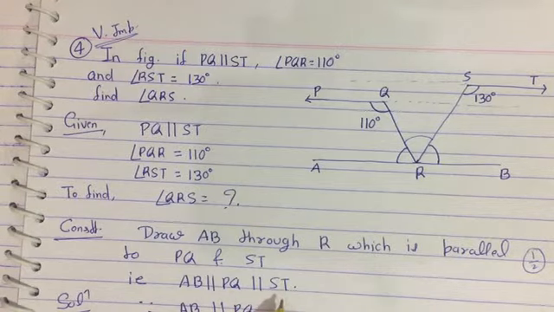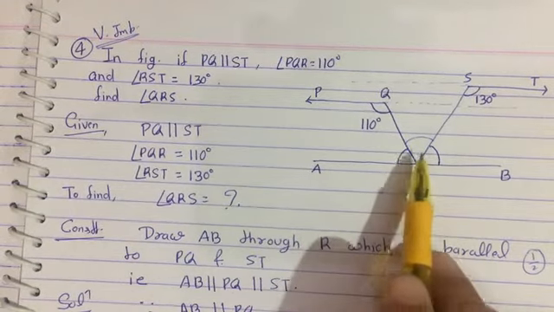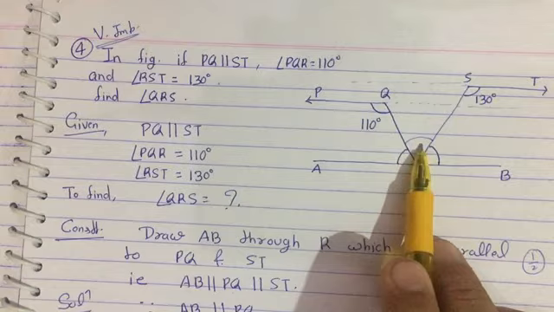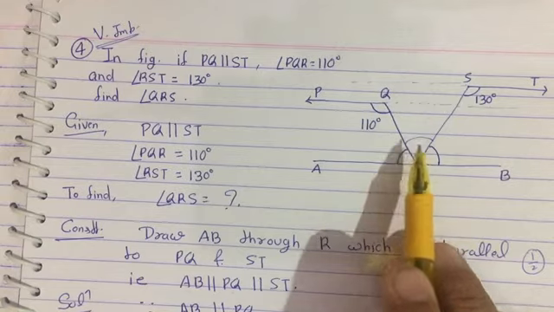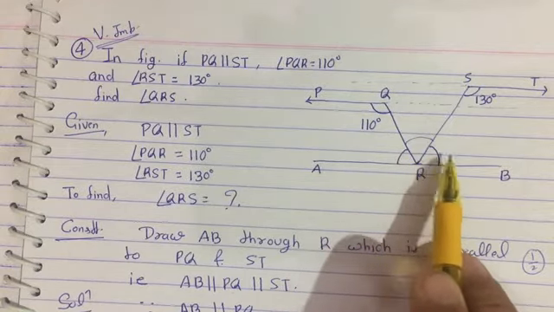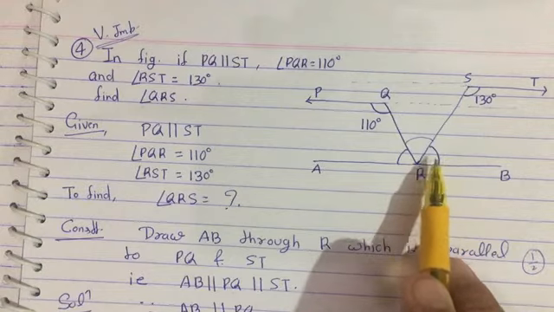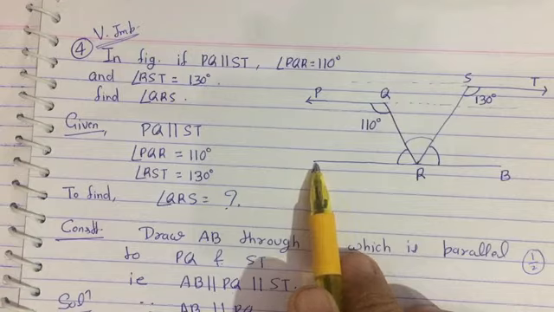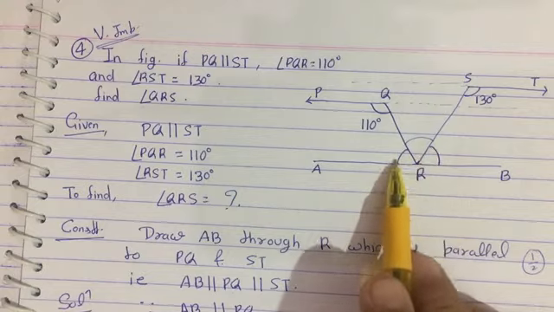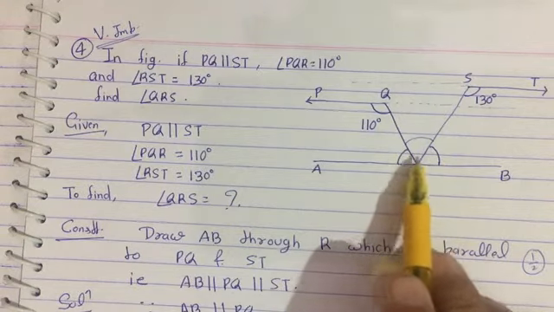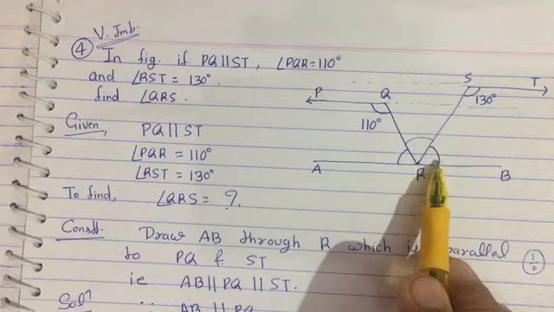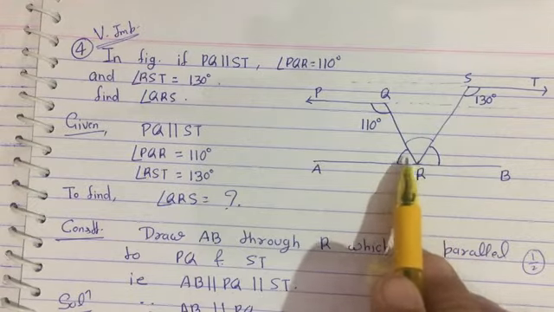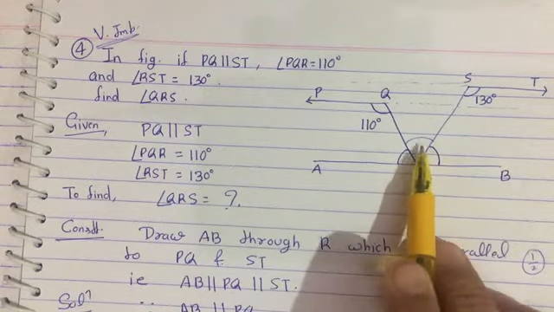Clear? Now what is the process of solving the question? We have to calculate this angle. So first of all we have to find this and this angle, because if you get these two angles, you have to apply the concept that angles on a line form 180 degrees. The sum of this, this and this, all these angles is 180 degrees. And when you know these two angles, put the values of these two angles and solve for the third one.